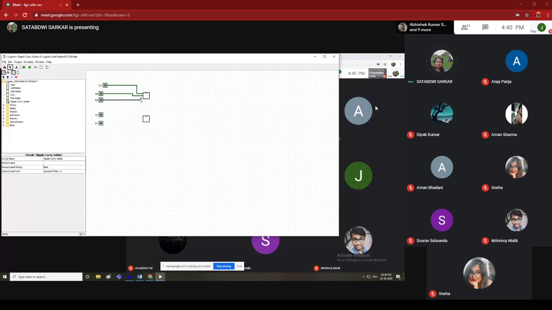And B with this, B0. So A0, B0 and A1, and see here there are 2 outputs, S and C. So you have to take this C, second output, as the C in or C0 in for the second, and here you have to connect this B1, and from here you will get 3 outputs,